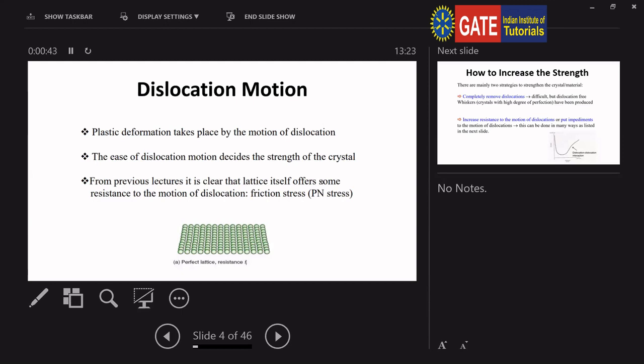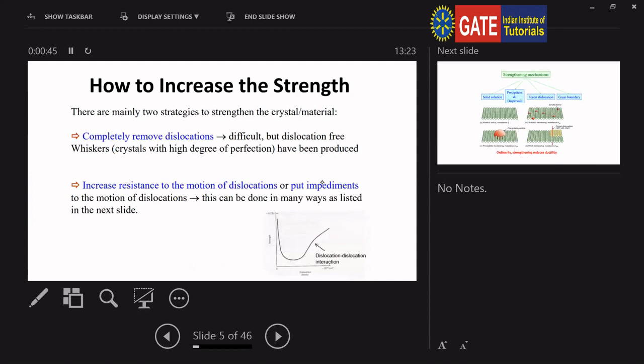Okay, and ultimately that increases the strength of the material. So how do we increase the strength of the material? There are mainly two strategies to strengthen a material or crystal. The first is to completely remove the dislocations. If you take a perfect crystal, then of course